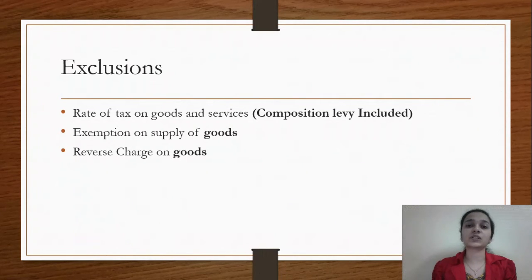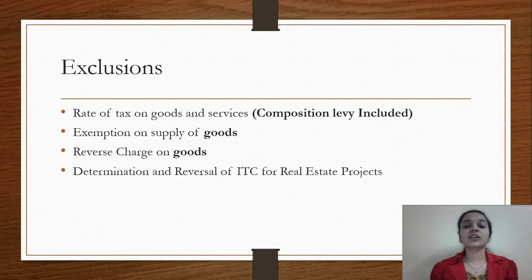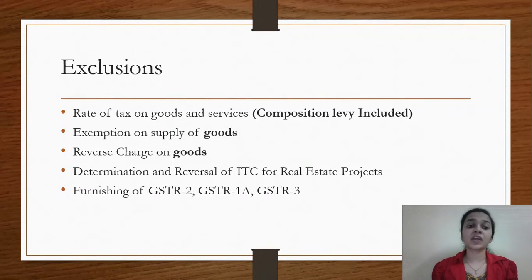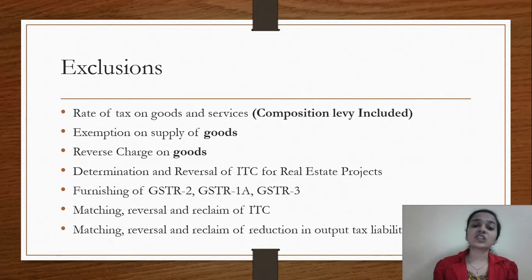in the portion. Apart from this, determination and reversal of ITC for real estate projects has been excluded from your portion. Furnishing of GSTR 2, GSTR 1A and GSTR 3 is something which has been excluded. Matching, reversal and reclaim of ITC and matching, reversal and reclaim of reduction in output tax liability. These are some of the exclusions from your portion, and apart from these exclusions there are some other exclusions as